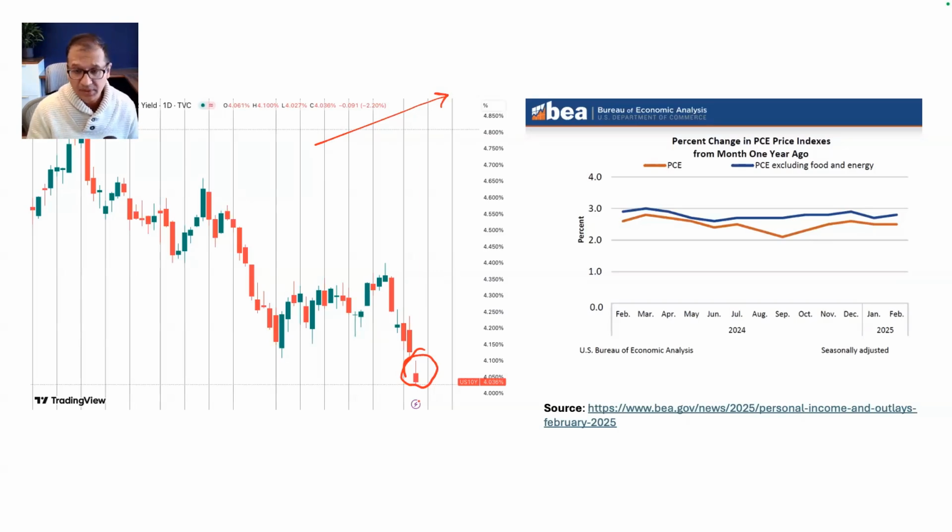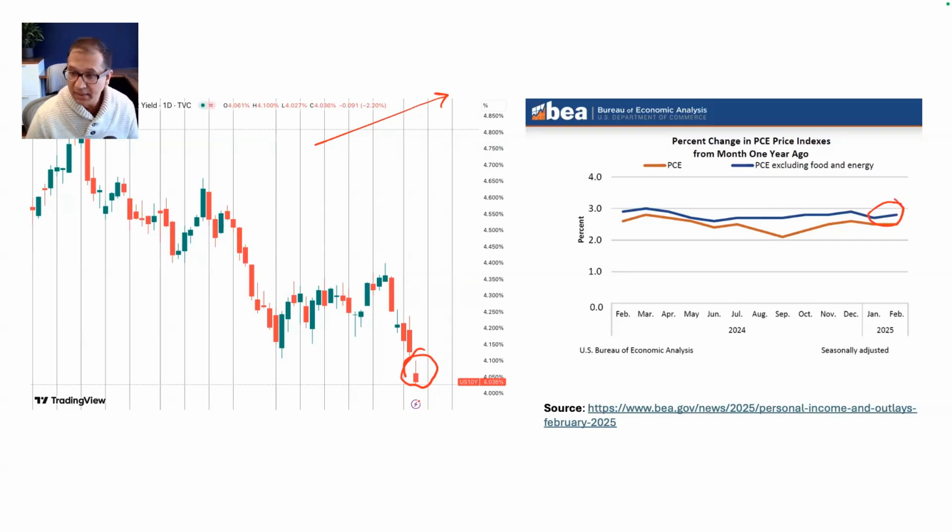So why would that happen? The reason is the retail investors are thinking, okay, I want to put my money in bonds because bonds are safe, they're steady. So they're taking their money out of the volatility of the US stock market and putting it into bonds. But here's something else I want to bring to your attention.